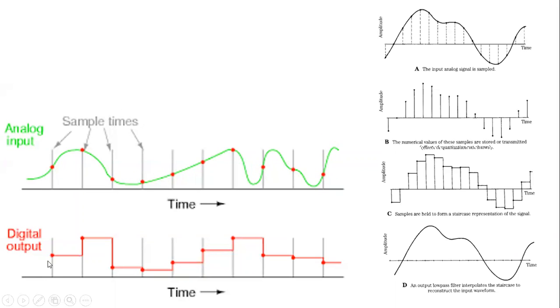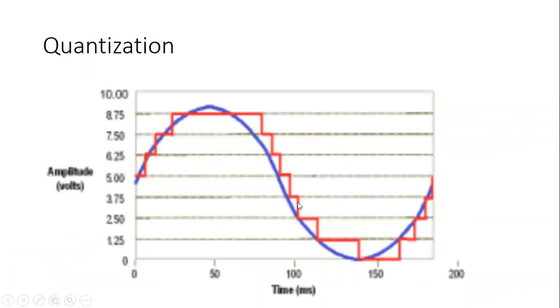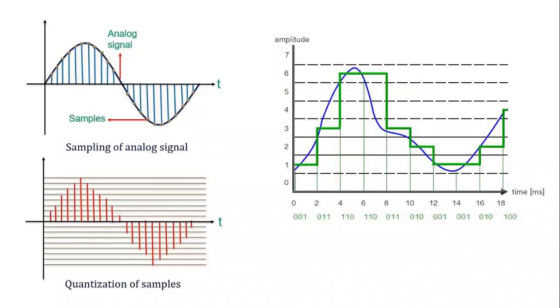Now next, we saw that at each point we have given a voltage, right? Now you can see after doing the sampling, at each point where the amplitude of the signal was there, we have converted it into a pulse. Now we represent that entire signal with the help of voltage levels, and we call this process quantization. So we have seen that when you are doing the vertical sampling with respect to time, we call it a sampling process.